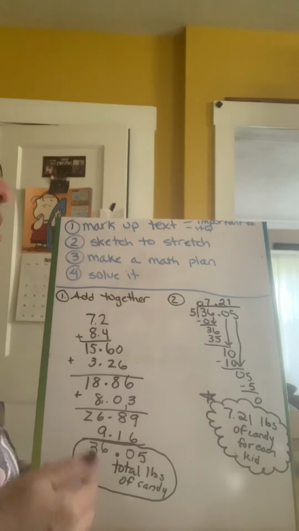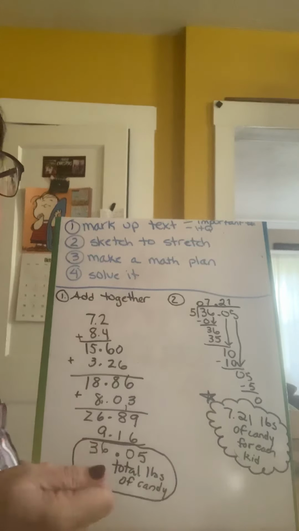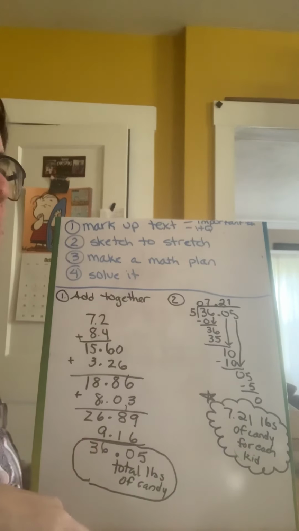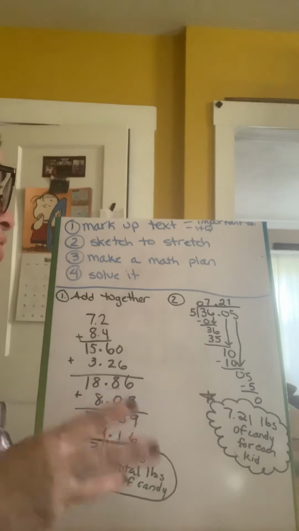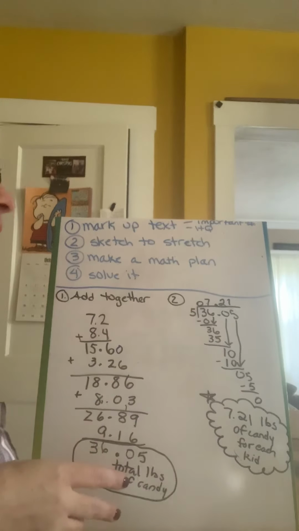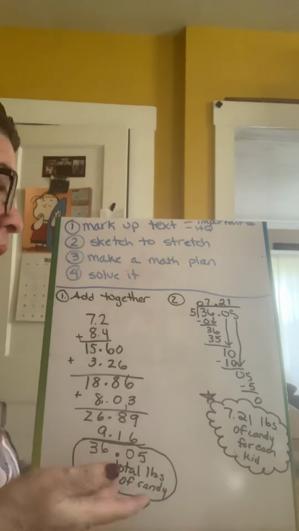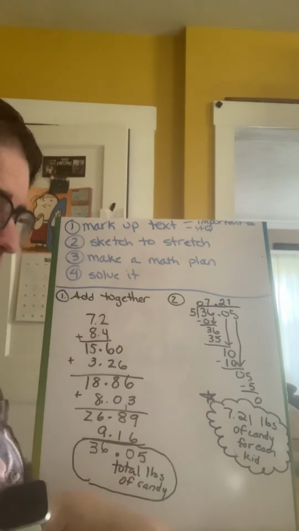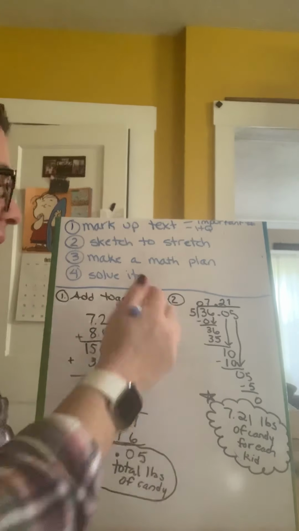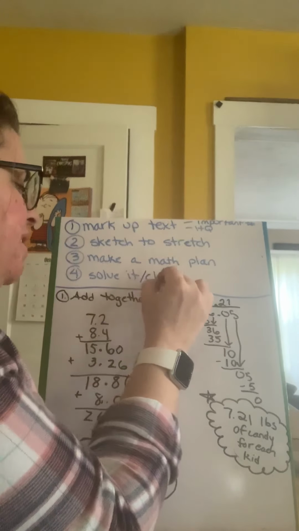Then sketch to stretch. Just a quick little mini picture to show what it's saying so you can get a better idea of when you need to make a plan, which is your third step. Make a mathematical plan of what you're going to do. And then the fourth thing is actually do it. And I didn't write it in here, but it kind of goes hand in hand. Solve it, and then you want to check